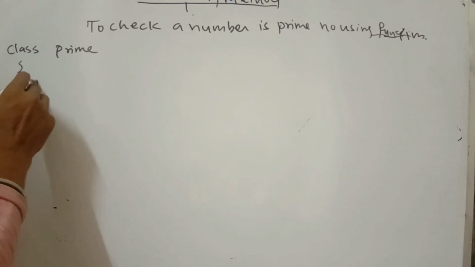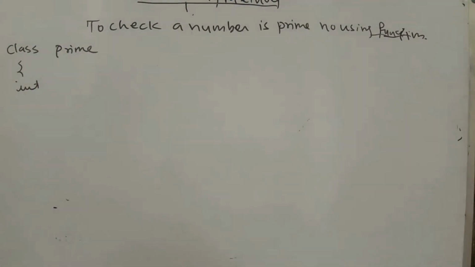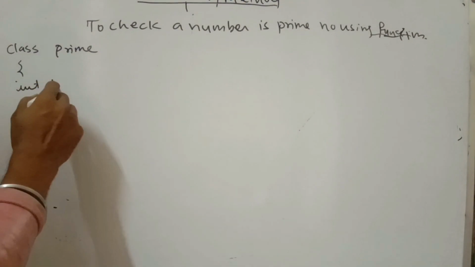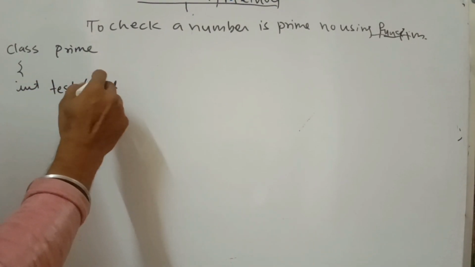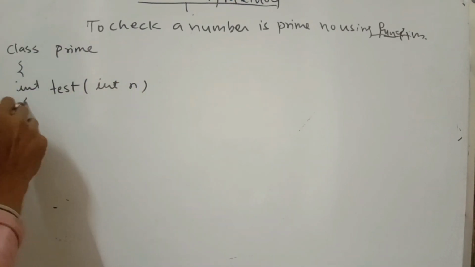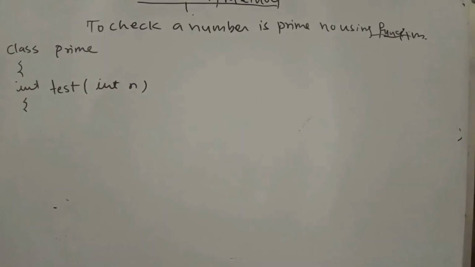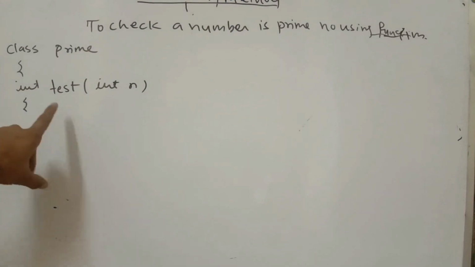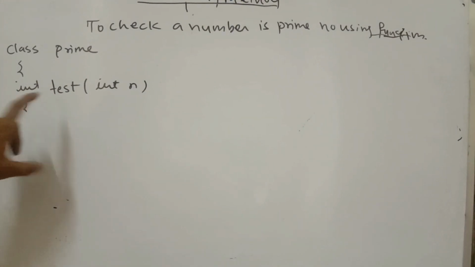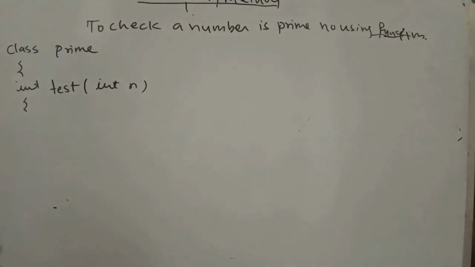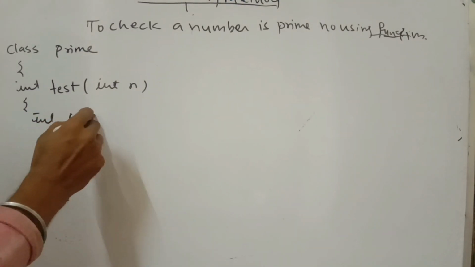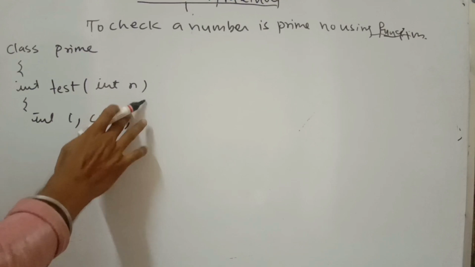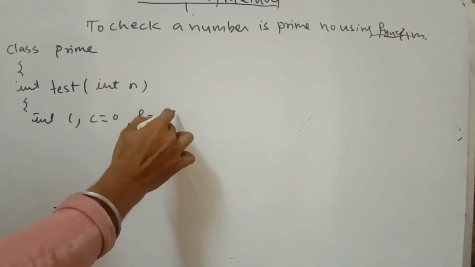After that we create our own function. So let's write int test, and for the parameter we take int n. After that we write the logic of the prime number in our function block. So write here int i, c = 0, f = 0;